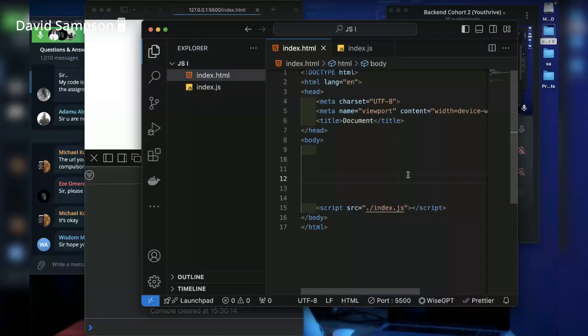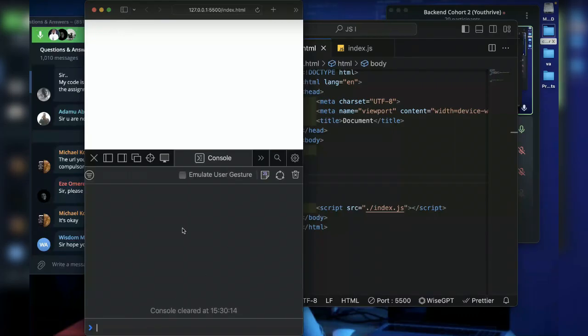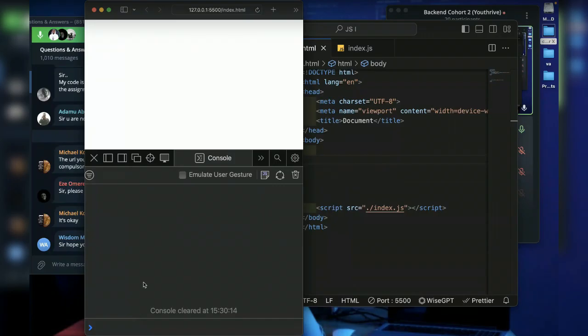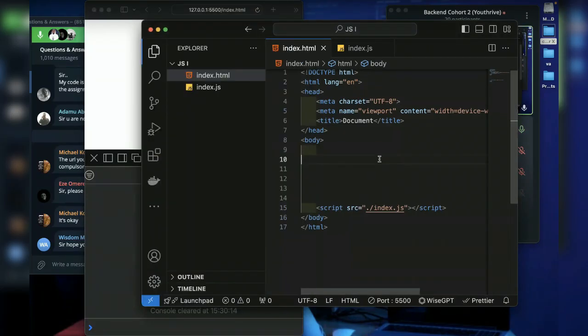So if you see those errors, if you experience that error here the first time, just reload or save your HTML document again, and that error will be gone like that. So when we start with HTML, I said the first thing you need to understand with JavaScript is that we